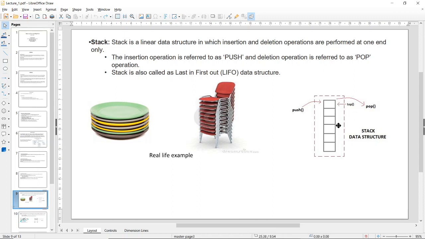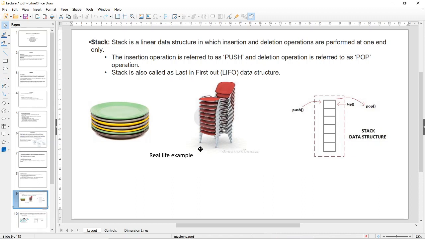We can see and we can access, okay. So when we delete this value called 1, we refer to that deletion operation as pop, okay. And if we add some extra data from this point, the addition or insertion operation is called push. Okay, so these are very good examples.